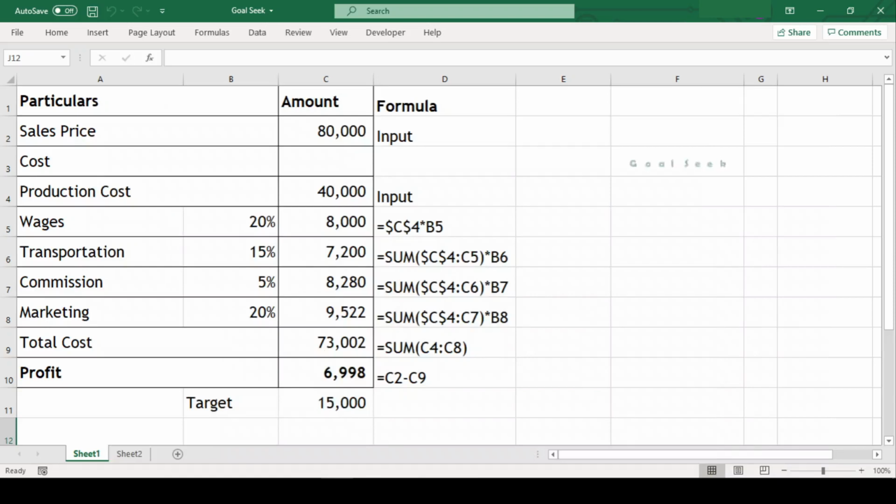We can use goalseek to find the result we want by adjusting an input value. In other words, if we know the result that we want from a formula, but we are not sure what input value the formula needs to get that result, then in such situation, we can use goalseek feature. In today's video, we will learn about how to use goalseek feature with a couple of examples, so stay tuned.